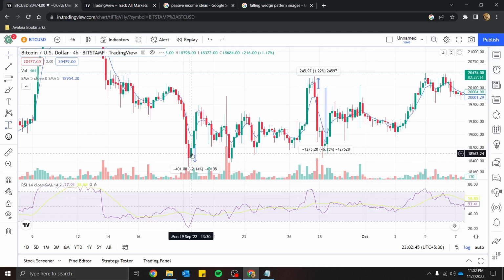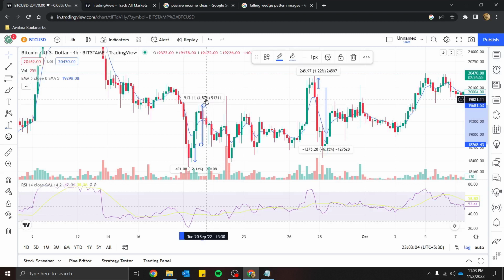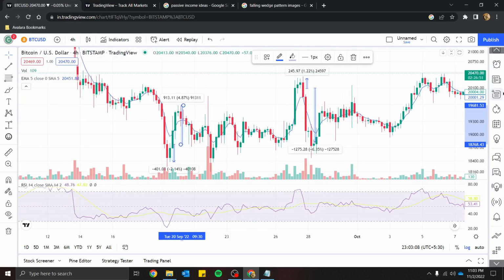Okay, so this is the high of the first candle, which means in a short position we take the stop loss as the high of this first candle, and in a long side position, it will be the low of the first candle, so this will be our low. So 2% is our risk, and let me quickly plot the reward as well. So to 4.87, so it's approximately 2 to 2.5 risk to reward ratio.